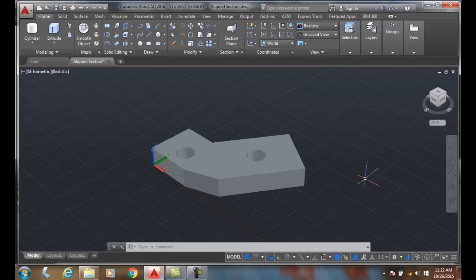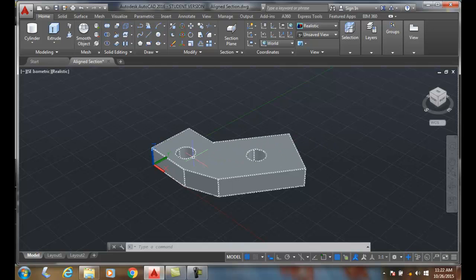Align section. An aligned section is when we create a section by passing two different cutting plane lines that are not parallel. So here I have them on this angle. Then we take those two angled cutting plane lines and we rotate them so that they would be one cutting plane. So what we're going to do is first jump over to a layout tab and